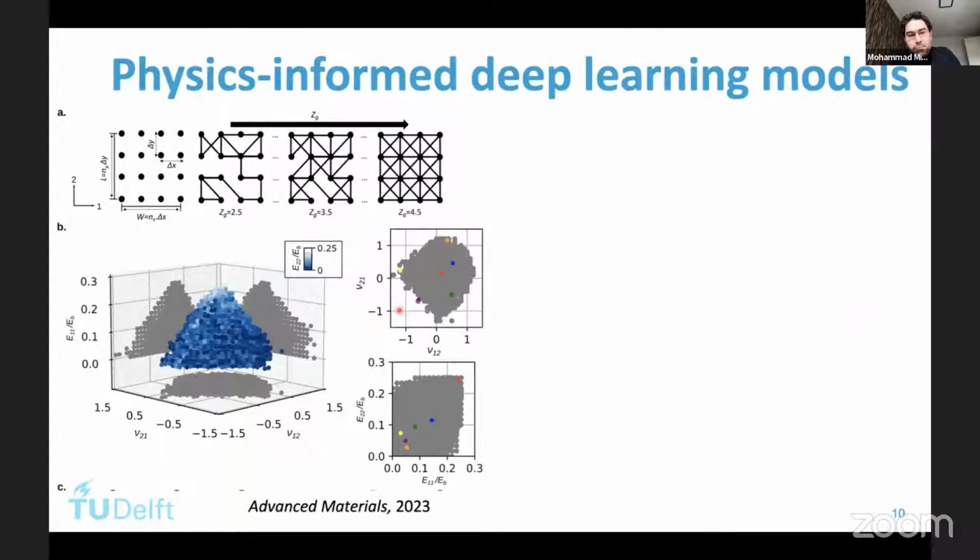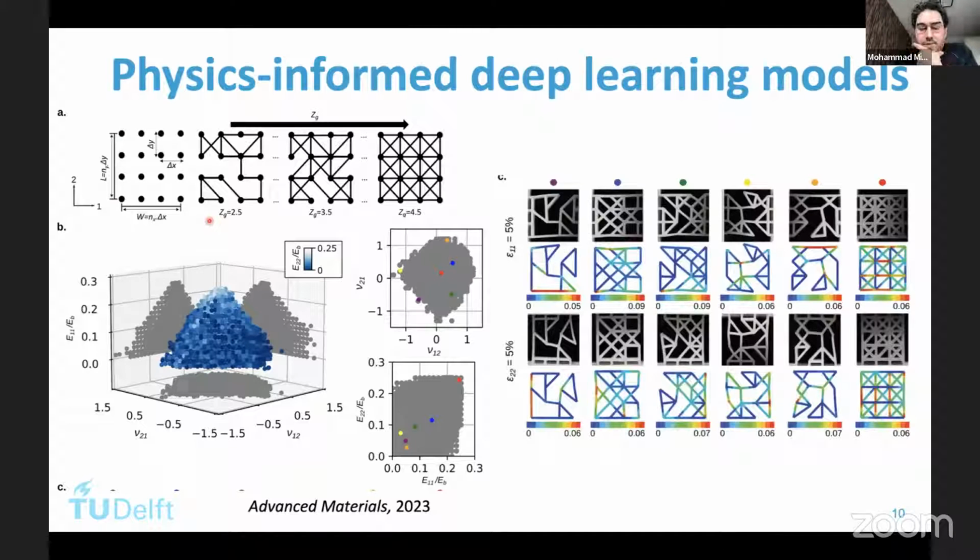So what we did in this paper was that we introduced physics-informed deep learning models that combine deep learning based forward predictor models with generative models. Basically, we started with a truss-based unit cell composed of 4x4 nodes, and then generated very fast, effective computational models. So we were able to create millions and millions of simulations in a couple of hours, and then validated this